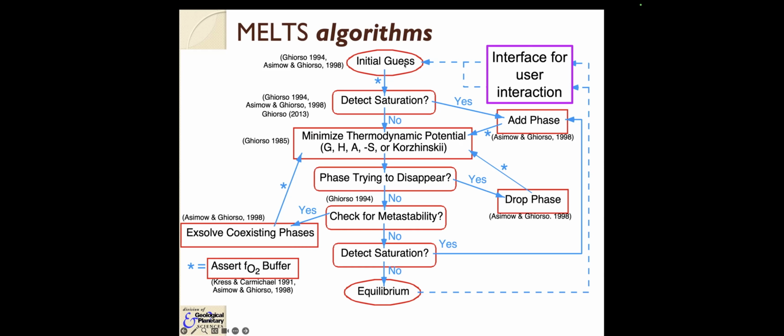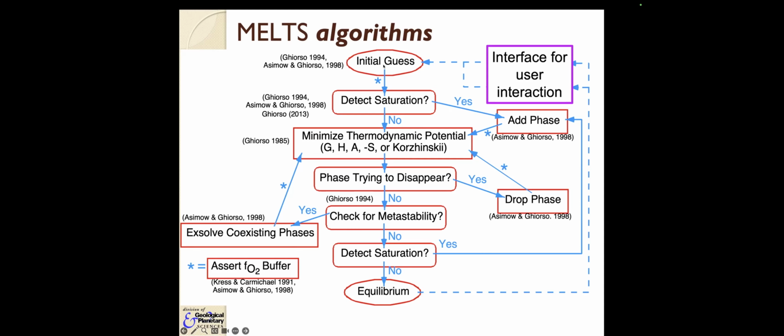There is what we call the superliquidus initial guess and the subsolidus initial guess. Superliquidus is you're trying to find an equilibrium at some pressure, temperature, and bulk composition. Assume as your initial guess that the system is above the liquidus and consists of entirely liquid, where the liquid composition equals the bulk composition. Because the liquid is so free to move around in composition space, that's almost always a valid initial guess that you can use. But sometimes it's a real nuisance because you might be doing calculations that are subsolidus or very